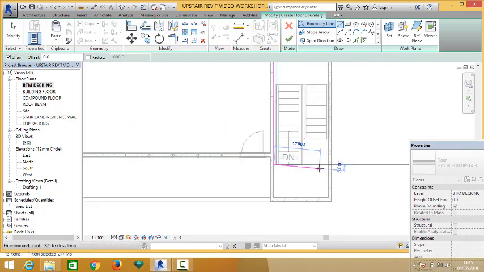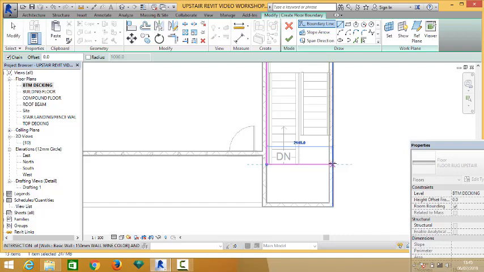So remember, we said we are going to introduce our slab there when